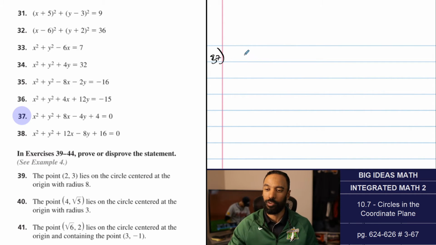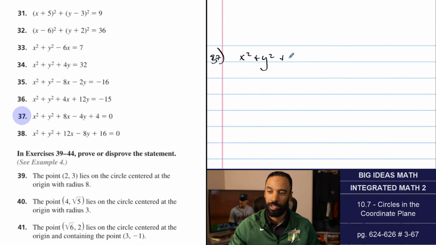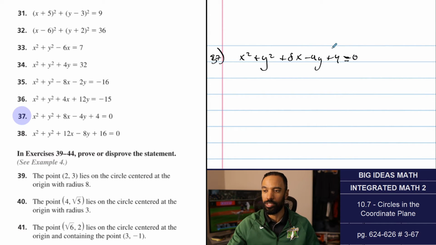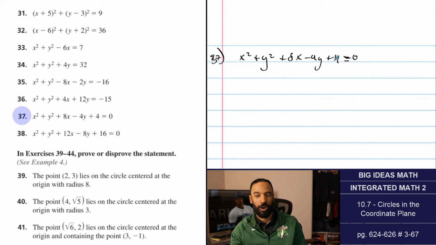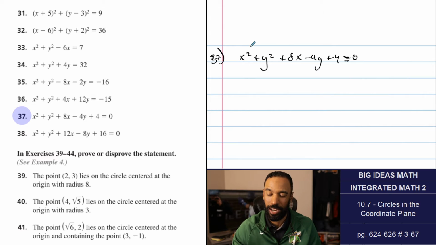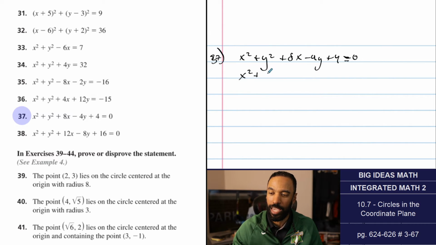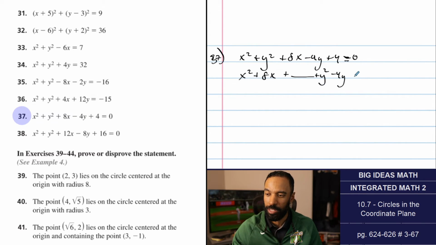All right, number 37, we have x squared plus y squared plus 8x minus 4y plus 4 equals 0. My first step is to move, well, it's kind of interesting because this plus 4 will help with the perfect square trinomial of y squared, but it's maybe something you don't recognize, and I don't expect you to. So we'll put the x's together in anticipation of completing the square. I'll put the y's together in anticipation of completing this square. But over here, I'm going to have subtracted the 4, and let's add